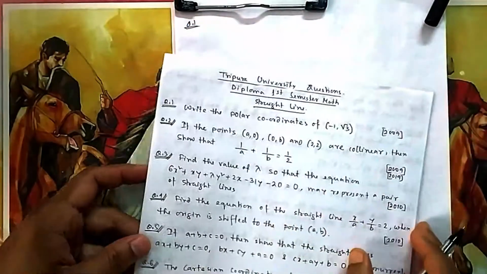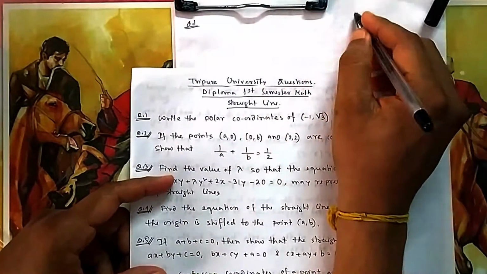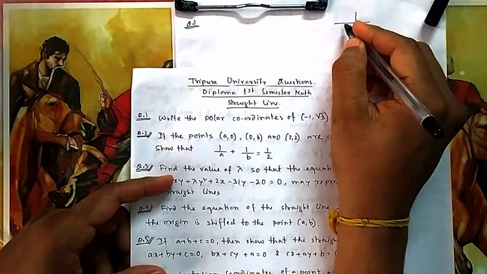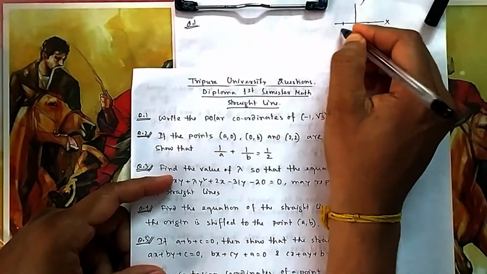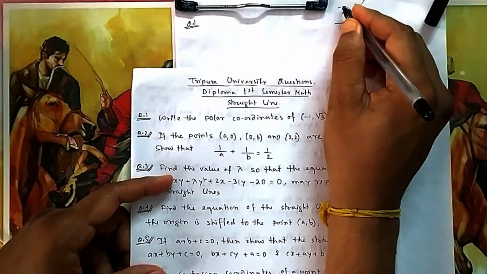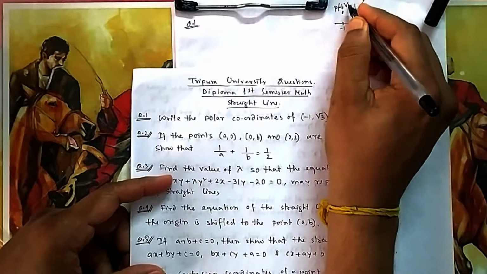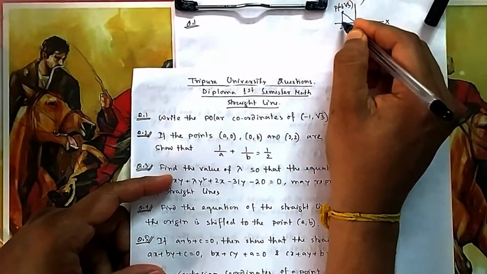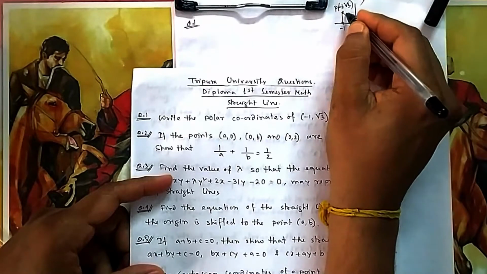Okay students, if you see question number 1, find the polar coordinates of this one. So polar coordinate, if this is your Cartesian coordinate, you can draw in which quadrant it is. We got x is minus, so it is at minus 1 and then root 3. Suppose this height is root 3. So this is the point, minus 1 comma root 3. So polar coordinate means you need this angle. This angle we generally mention from this, and this length r.